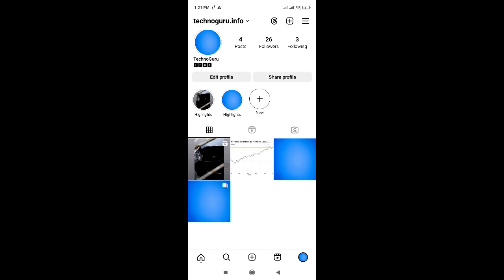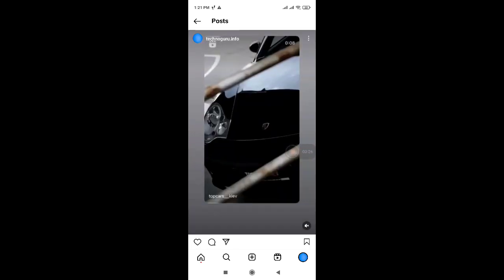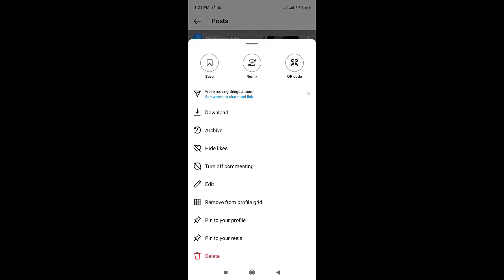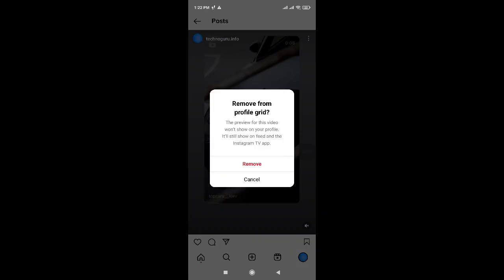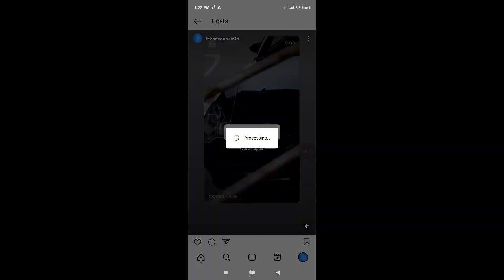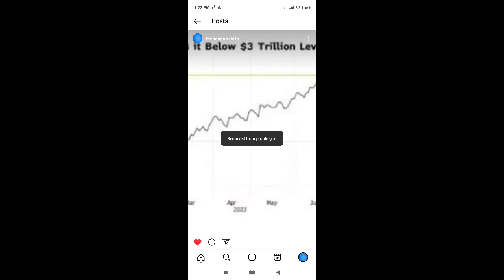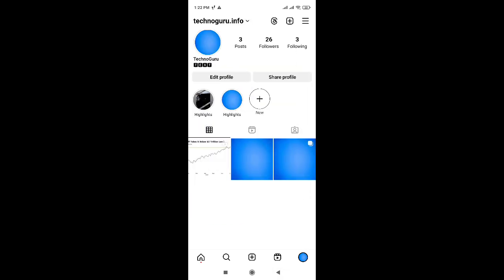If I want to delete this Reels from my Instagram profile grid, I just go to the first button here and click on this Reels. Then find the three dots in the top right corner of the Reels. Click on it, and here I can find remove from profile grid. Just click on it and here find the remove. Click on the red remove button